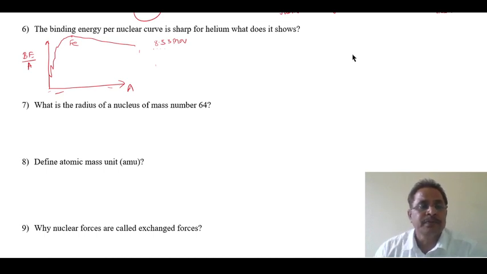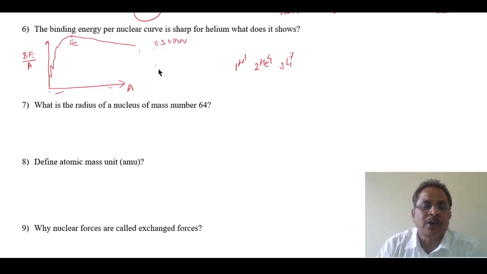For helium, there are elements close to it: first is 1H1, second is 2He4, and third is 3Li7. If I plot this on the graph, this will be helium, hydrogen will be here, and lithium will be here. So these elements whose mass number is in proportion of 4, that is 4, 8, 12, 16, 20 and so on,